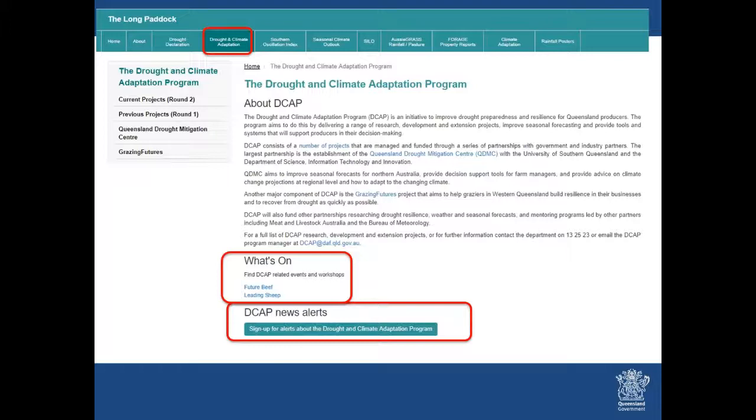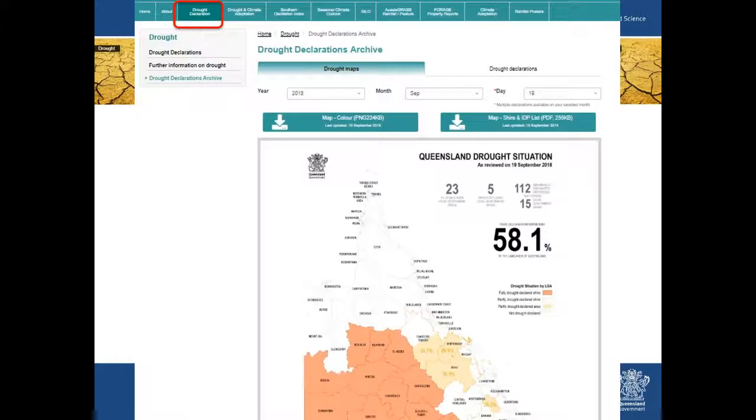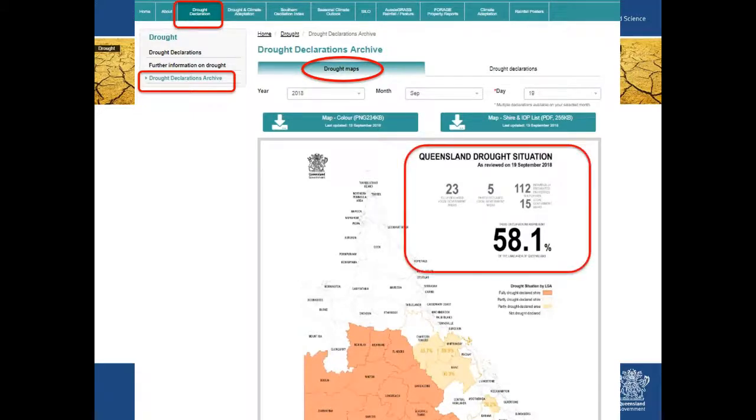Okay, so moving along here, we go to drought declarations. Now, once we're on the drought declaration page, you'll immediately see the latest Queensland drought situation. You can also see this view, and I generally go to this archive because you can go back in time. But essentially the information you get from the latest image is the number of local government areas that are